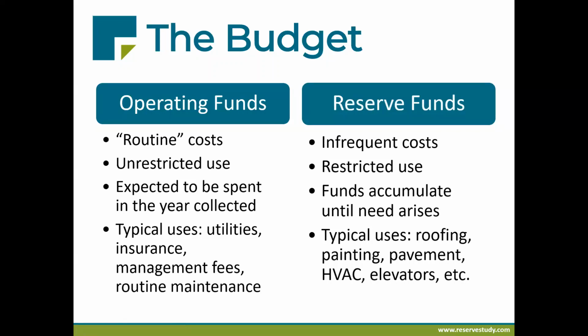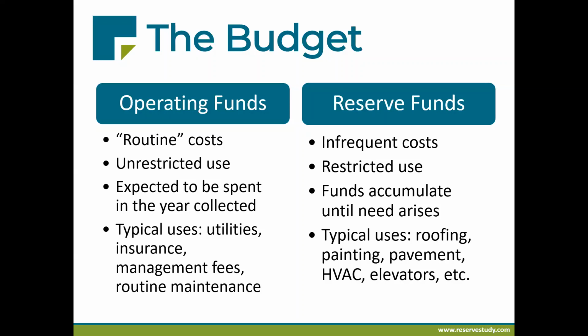Reserve funds, that money is there for the long-term expenses that associations have to pay for, right? So some of these things may not happen for 5 or 10 or 25 years at a time, but when they do, these are often some of the biggest bills the association will ever have to pay. So reserve money can be used for things like roof replacement, building painting, pavement resurfacing, many other projects that we'll talk about later on.